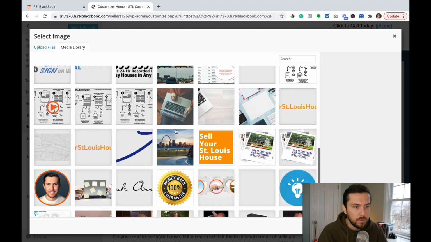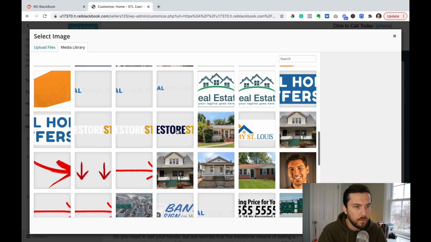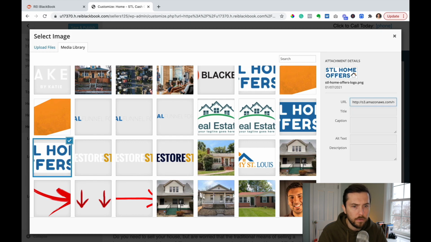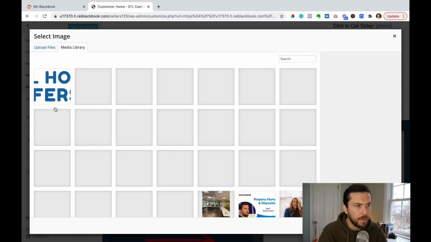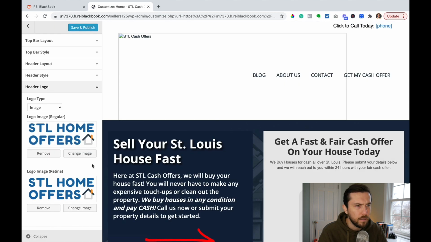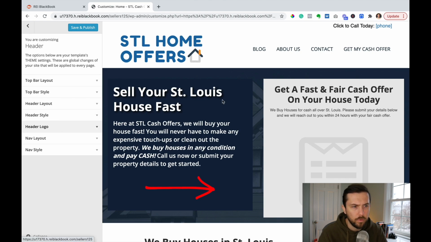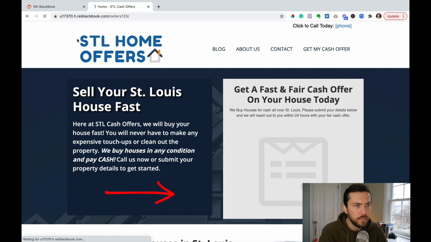and I should have a logo in here somewhere. Let me find it. Let's see, we'll use this one right here. And I'm going to add it to my Retina section as well. And you can reduce the size of the logo, but I'm going to keep that now just for demonstration's sake. So I'm going to click on Save and Publish and hop back here, and you can see that my logo